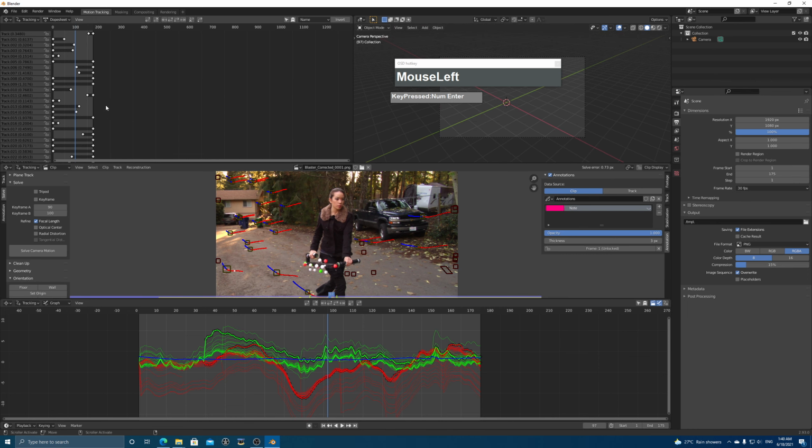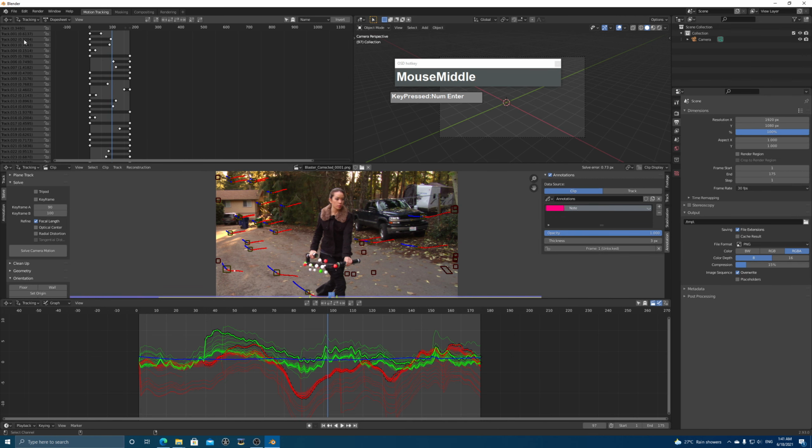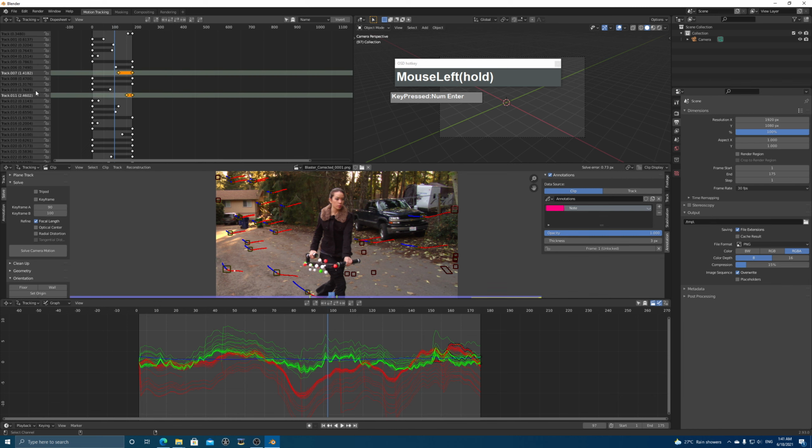To bring the error down further, we're going to look at the dope sheet, and look for problem tracker points. You want to look for tracker points which are visible for a long time and yet exhibit very high errors. If the error value is below 1, it's generally okay. But if you find something that is above 1 or even like 2,